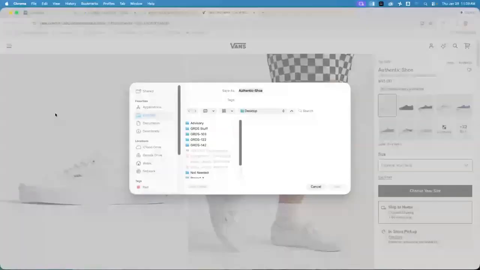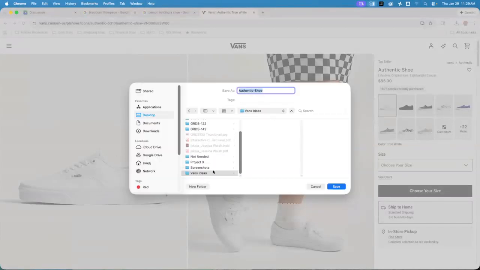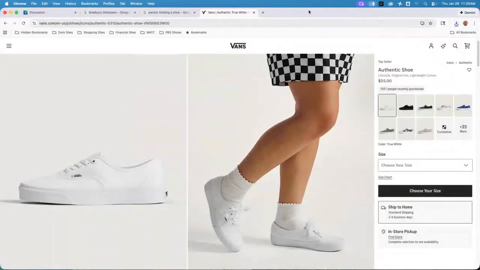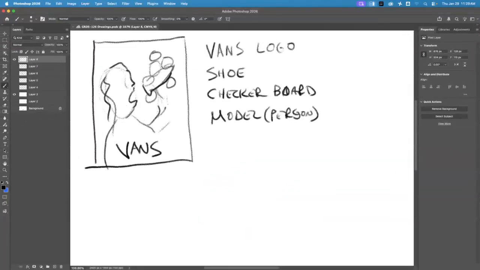Save image as, and I'm just going to save it into a folder. I'll create a new folder and call it Vans ideas. Get that, save, boom. I got it in a folder. I'm just not saving it all randomly on my desktop. And then just keep going through and come up with different ideas for every piece. And so now that one changed into,